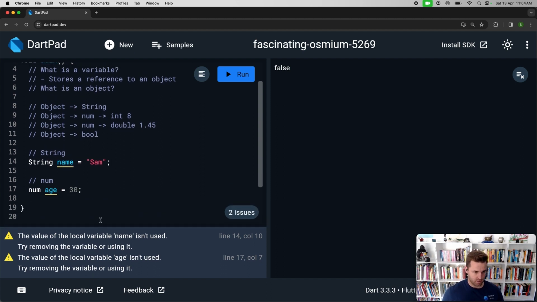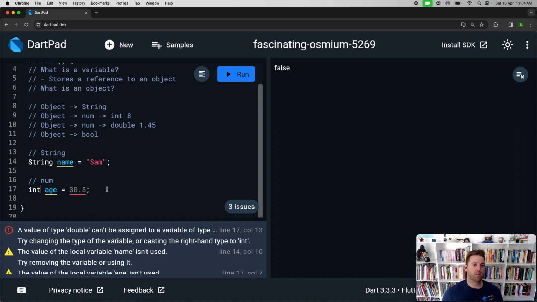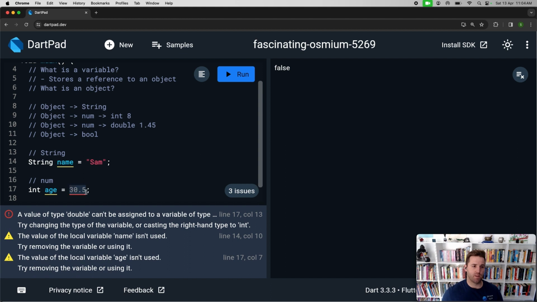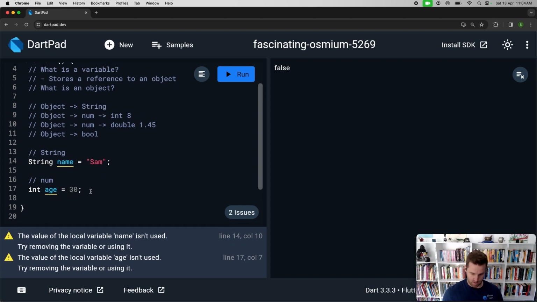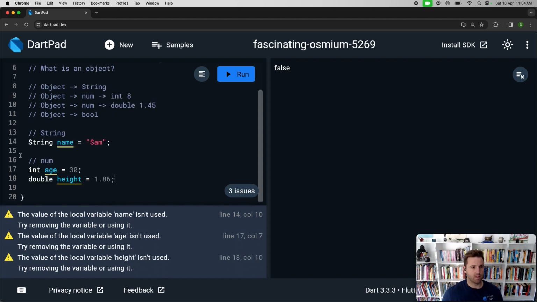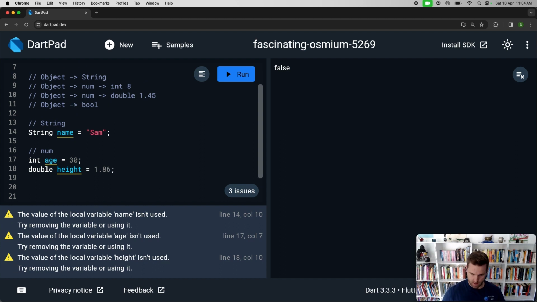Okay, that's fine, we get no errors there. We can also give it the value of 30.5. Still no errors. Now if we change this to an integer, we get an error here because this value is a double, a decimal point number, and it's being assigned to an integer, which should be a whole number. Let's get rid of that. And then a double, say height equals 1.86. That's fine. And then the last type we want to look at today, Boolean,